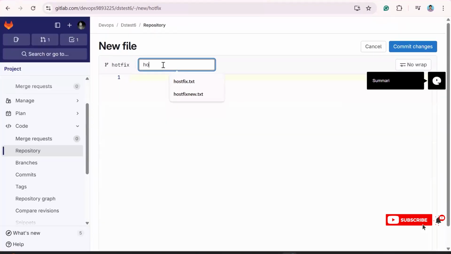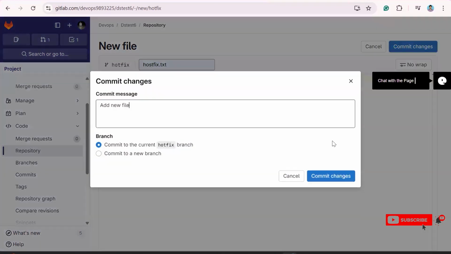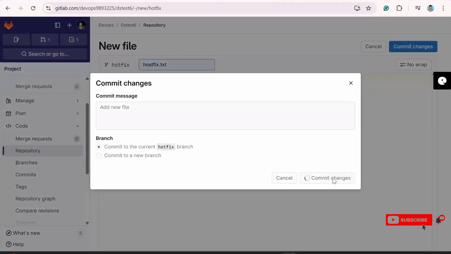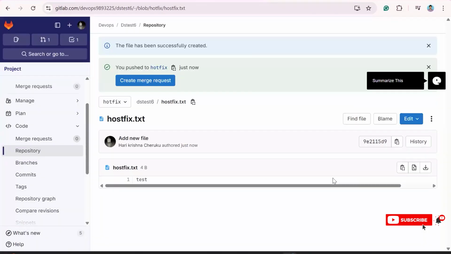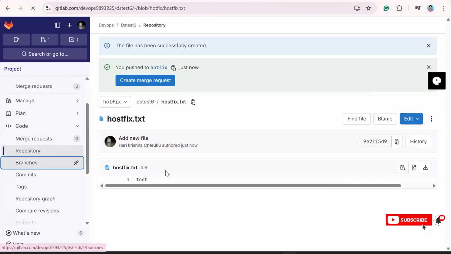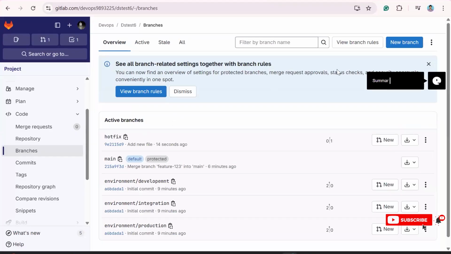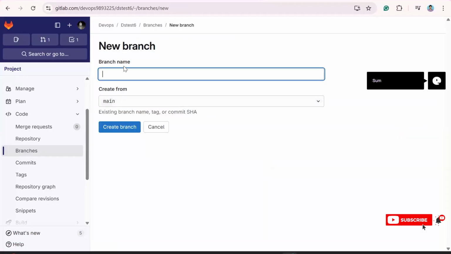What is the file name? Hotfix.txt. For example, this is the text. So I want to merge these changes immediately to the production branch, right? So what are the branches we have? Hotfix branch. So what is the procedure from the hotfix branch? We need to merge it to